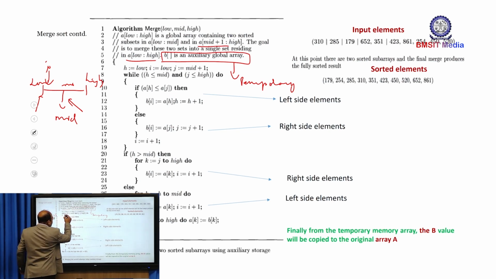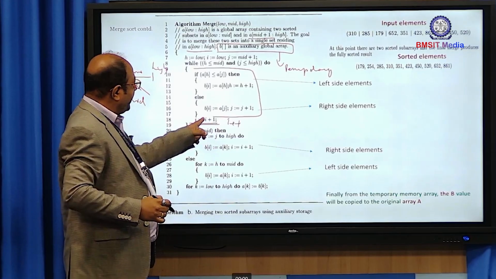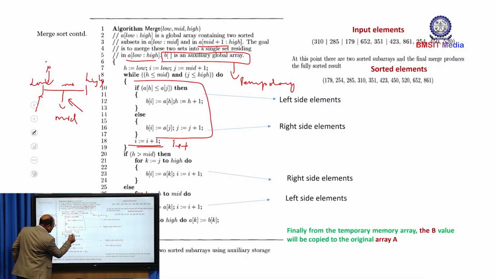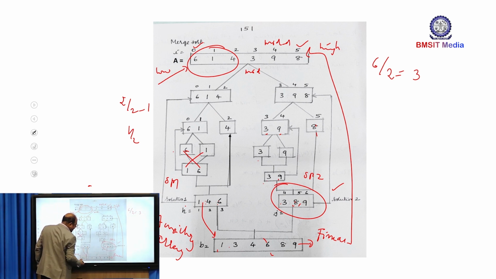So this is the thing we are going to do recursively as I is incremented by 1. This can also be written as I plus plus, or we can also write I is equal to I plus 1. So what happens is, if H is greater than mid, my H is pointing here initially, greater than mid means I have to check the right side. Suppose you can see here 1, 4, 5, 3, 8 is there. In that case, still 9 is there. 9 is bigger, so I have to copy that 9